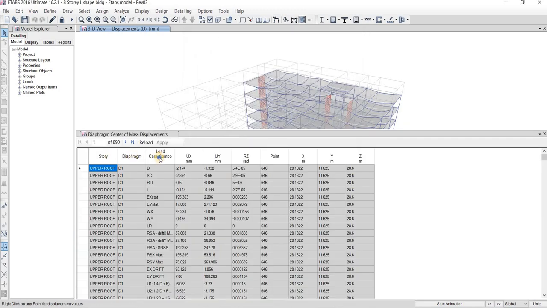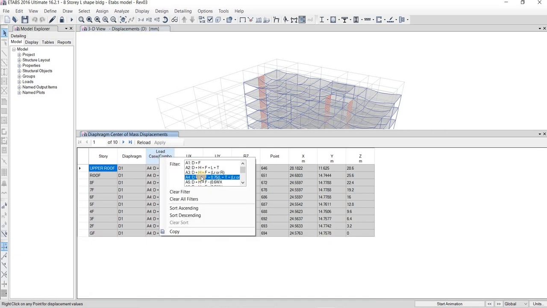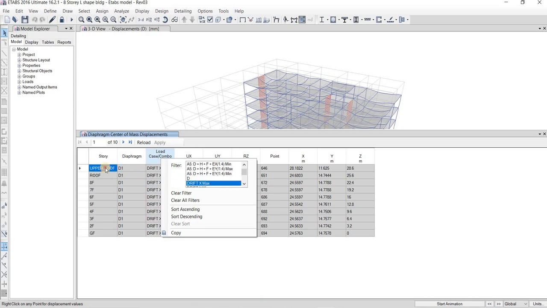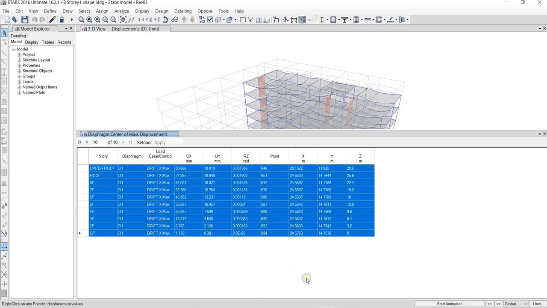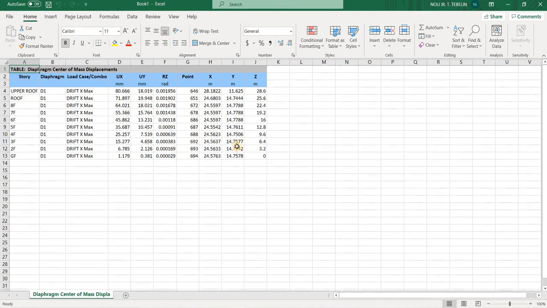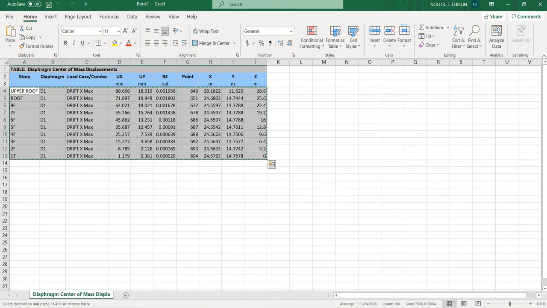Then you will go to load case. I will just click the drift X max. You will notice for the drift X max, and the minimum value, either of the two, you can check these two. So let's say I will check drift X max. I will just export this to Excel. Okay, then I will copy this one, Control C,